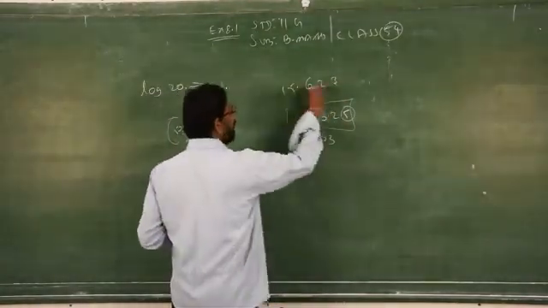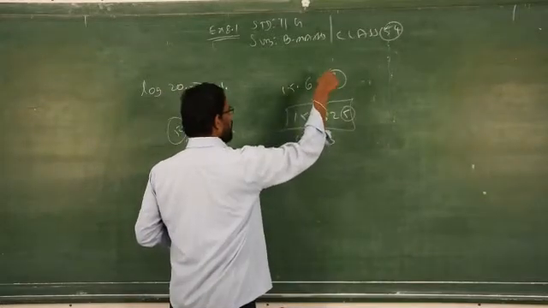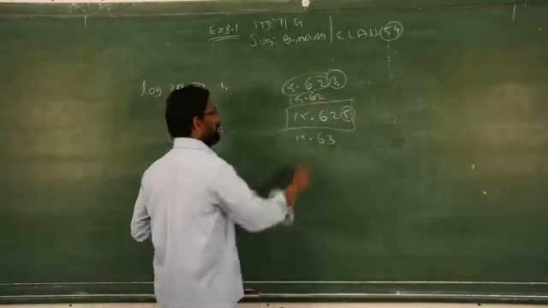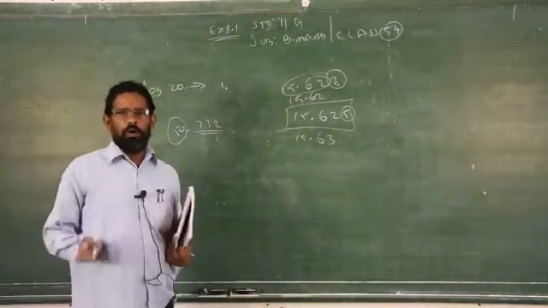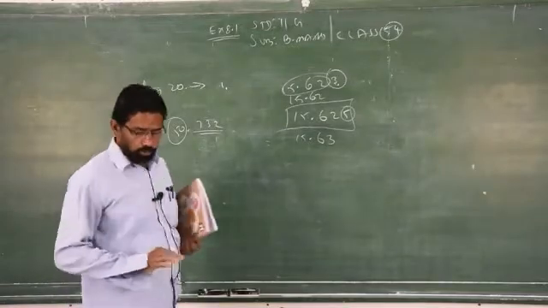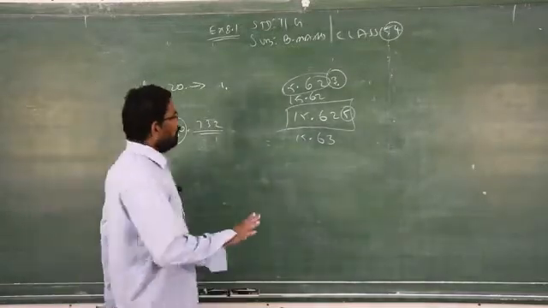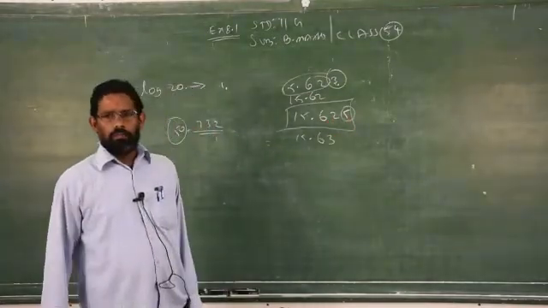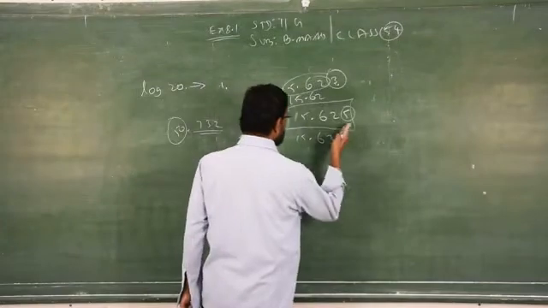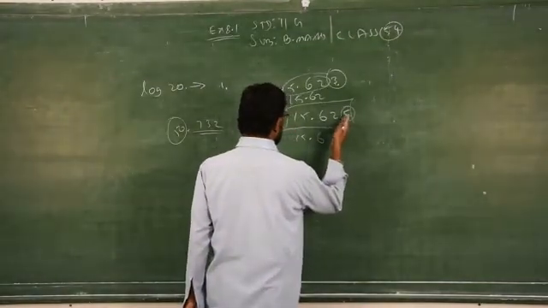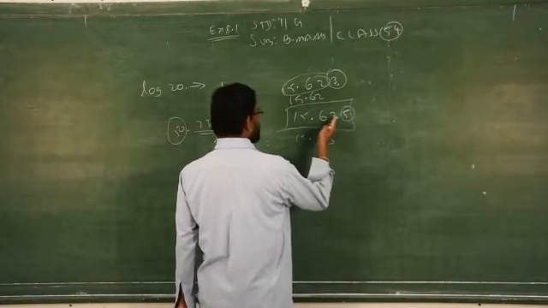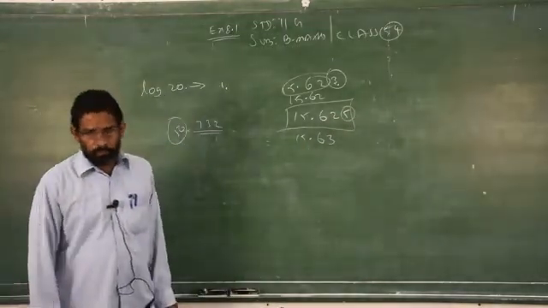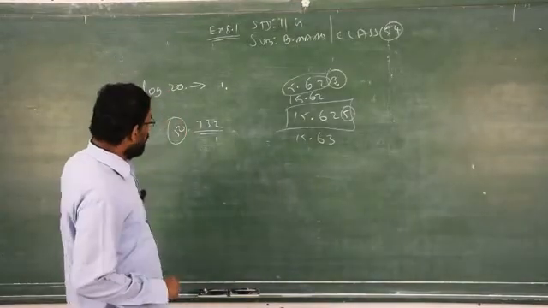15.623. 5 digits, but see, the fifth digit is less than 5. Therefore, you just leave that number and write the remaining 4 digit number as it is. Clear? So overall, including the integral and decimal parts, you must have a maximum of 4 digits. If it comes as 5 digits, you check whether the fifth digit is 5 or more than 5, add 1 to the previous digit and make it into 4 digits, which is comfortable to find the logarithm. So how do we find the logarithm?